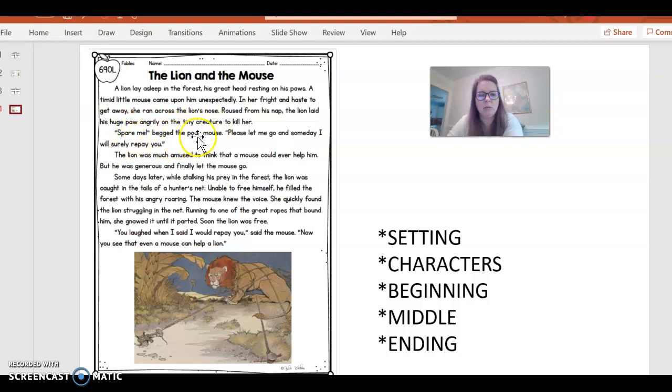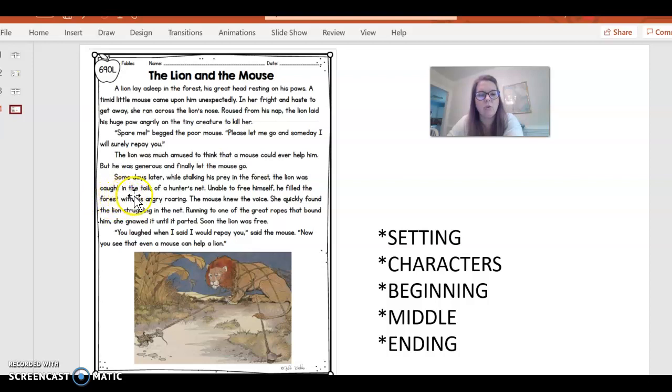"Spare me," begged the poor mouse. "Please let me go, and someday I will surely repay you." The lion was much amused to think that a mouse could ever help him, but he was generous and finally let the mouse go. Some days later, while stalking his prey in the forest, the lion